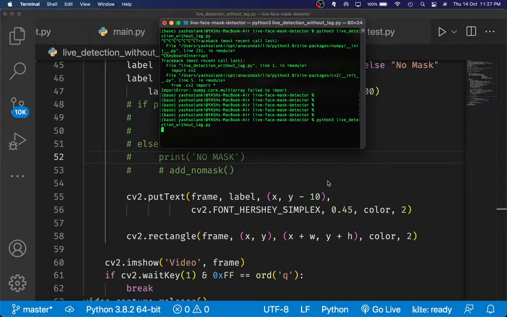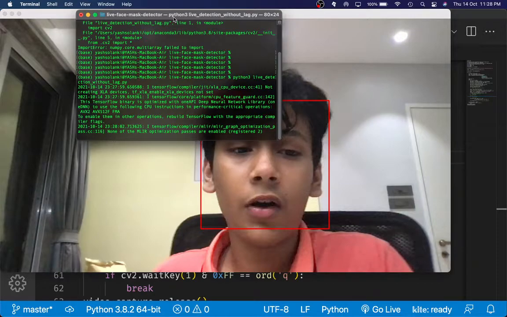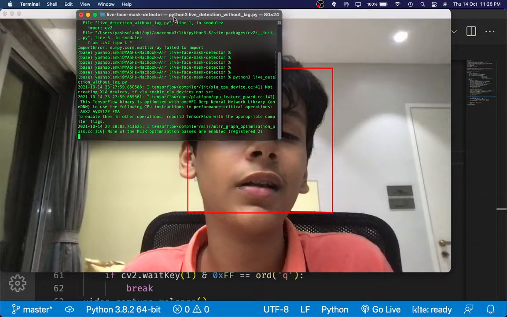Now the actual project is not that accurate, which I just outlined, but it can detect no masks pretty easily. It's the mask detection that it's kind of bad at. So that's just one thing I wanted to tell you. In case it does not get it, it's not that it's not working, it's just not accurate enough. It is pretty accurate in terms of the model architecture, but the dataset is pretty small, so it's not able to generalize positions and different mask colors and stuff like that. So that's one of the problems.